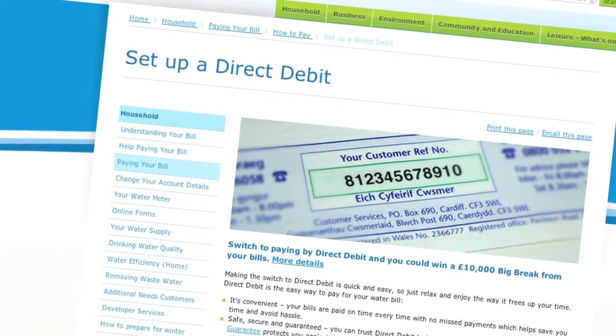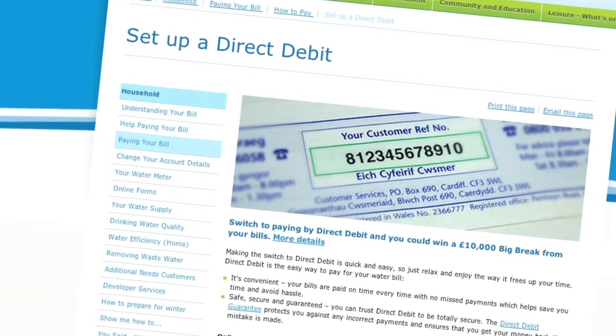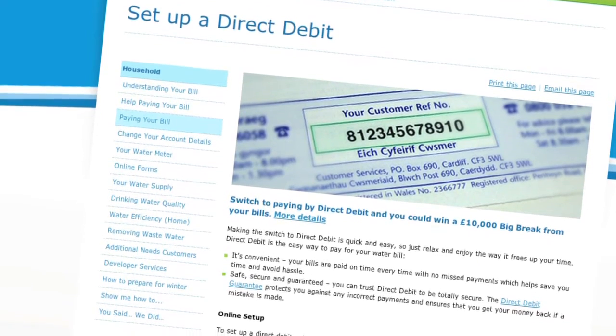To set up a direct debit and have the chance to win £10,000 before June 29, 2012, visit our direct debit page at www.dwrcymru.com. We also offer a safe and secure online credit or debit card payment system which is very easy to